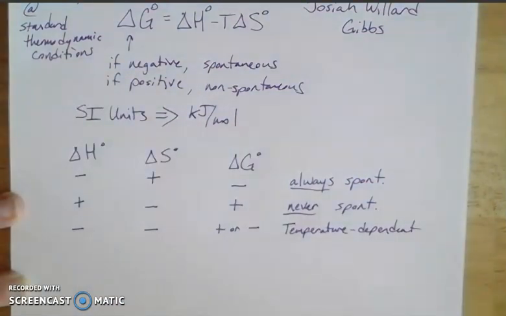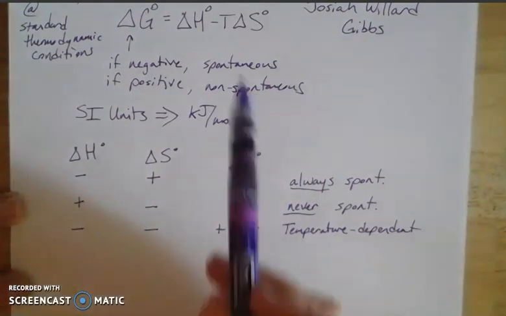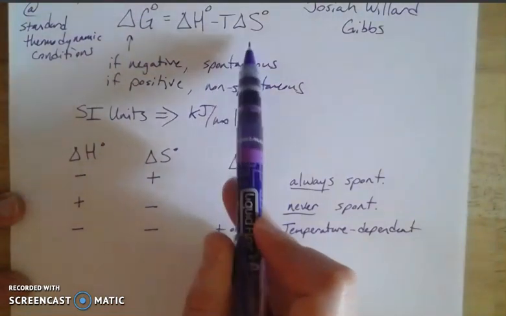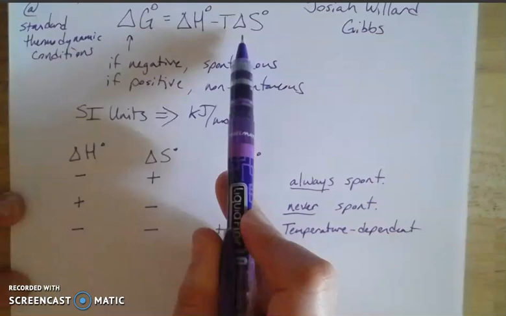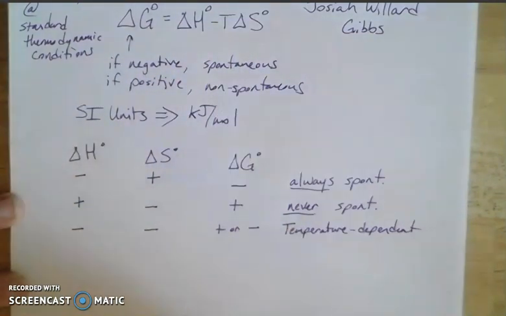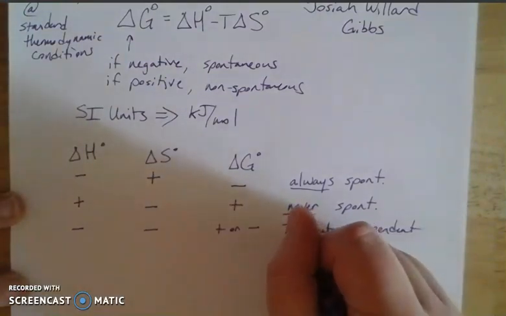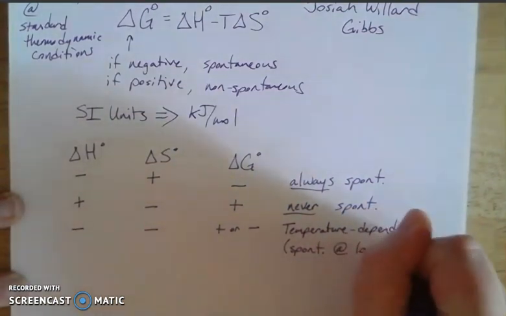So think about it. Which one, higher or lower temperatures, would give you a negative value? Well, if I have a very small number here, even though this is a negative, I'd have a negative value here plus a smallish number. I could still keep it negative. So I need to have a low temperature here in order to have a negative delta G. So this would be spontaneous, spont, at low temps.